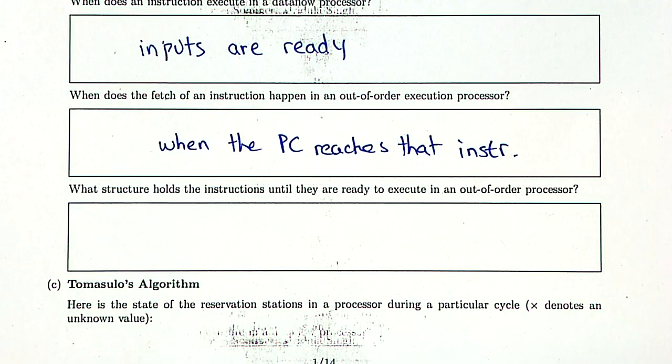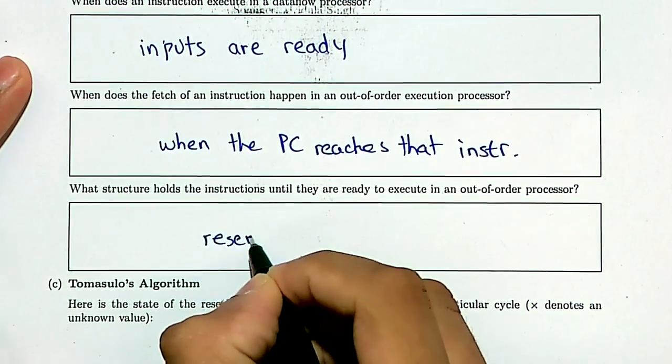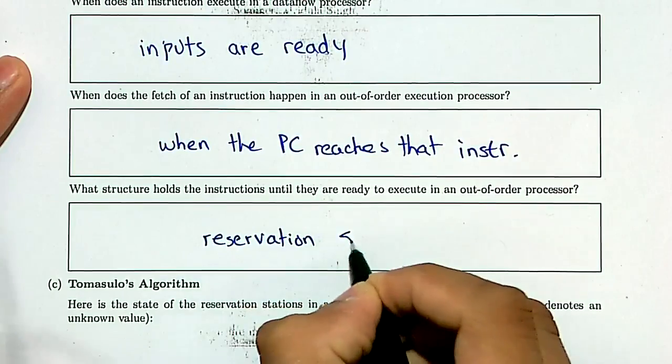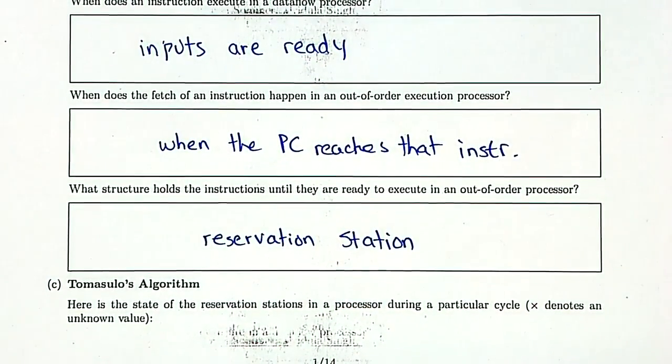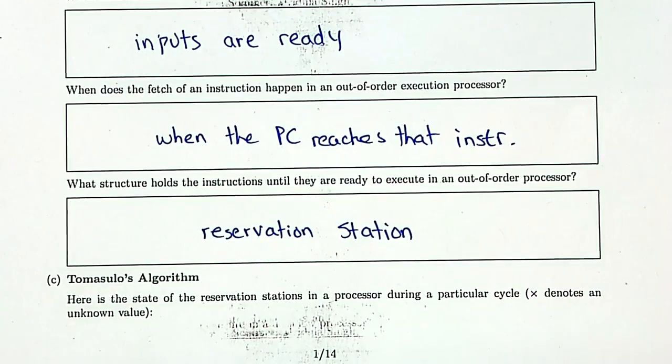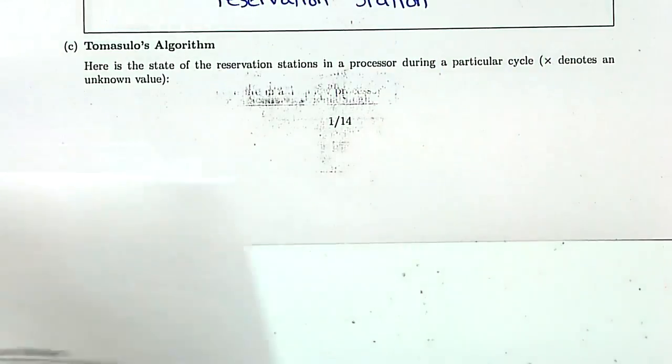Yeah, that's right, it's a reservation station. Okay, so the instructions wait in the reservation station until all of their input operands are ready, and then execution begins. So for the next question, we have an example of some reservation stations, and we're asking,